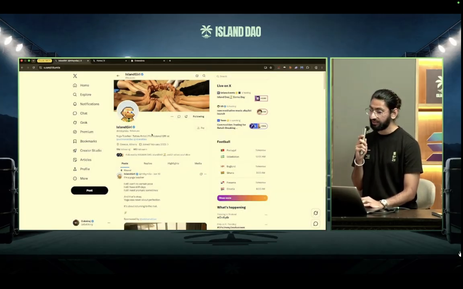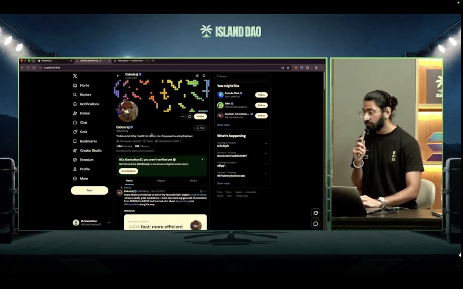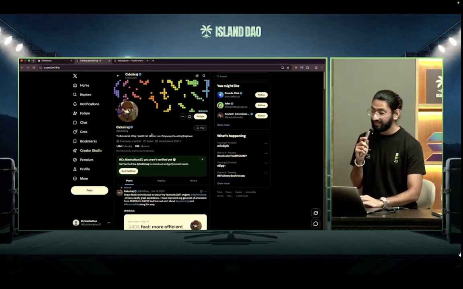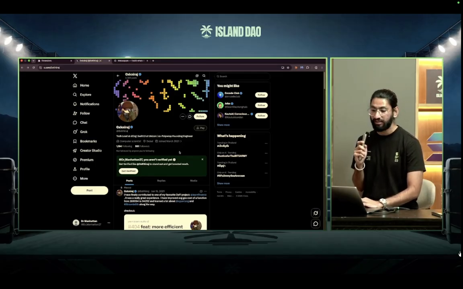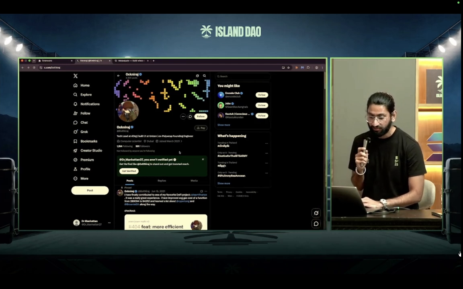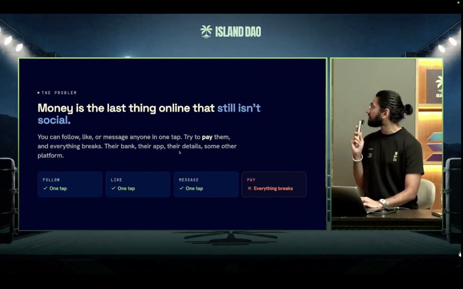So the way this works is, if they are a Mosaic user, the payment is instant and with zero fees. If they're not a Mosaic user, they can still get paid if they have linked their SNS or they're part of some community which has this database available. So we would still credit to them, but that would be with the fees because it is outside of the Mosaic system.